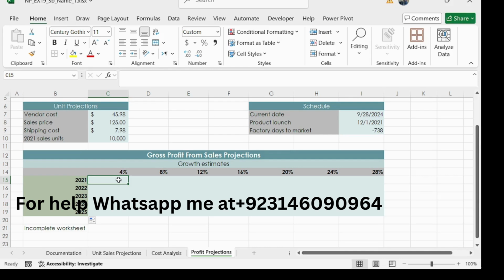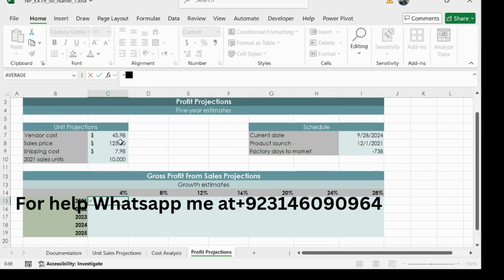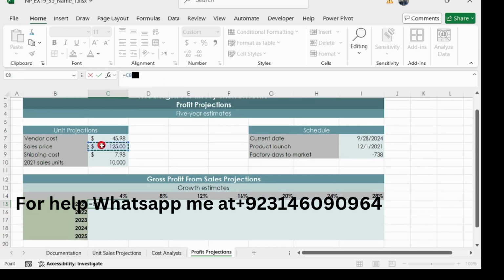So in cell C15, create a formula without using a function. Type equals, and then from cell C8, select C8, cell C8, this is cell C8,